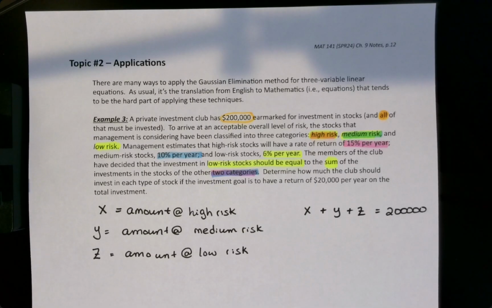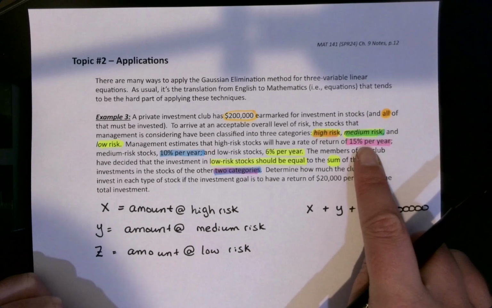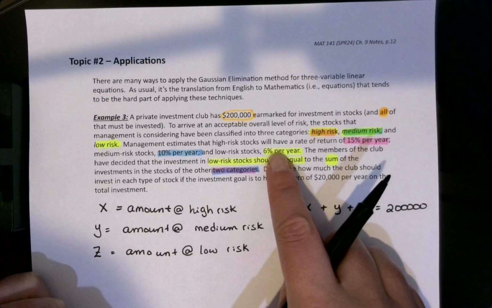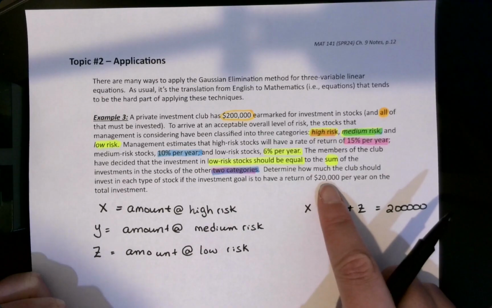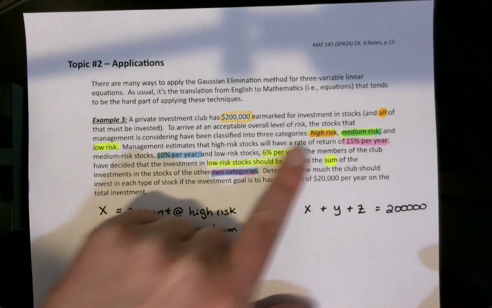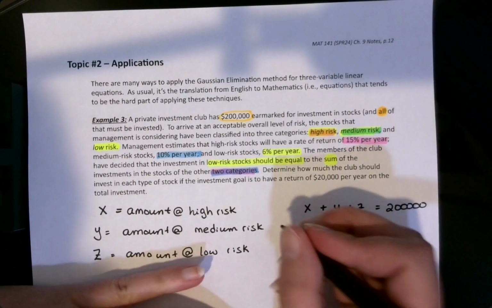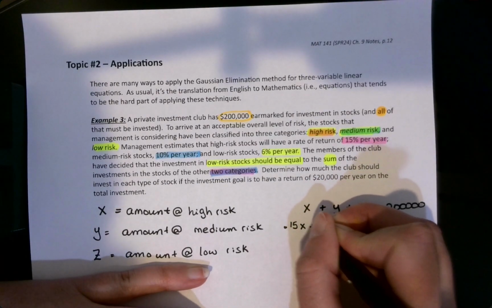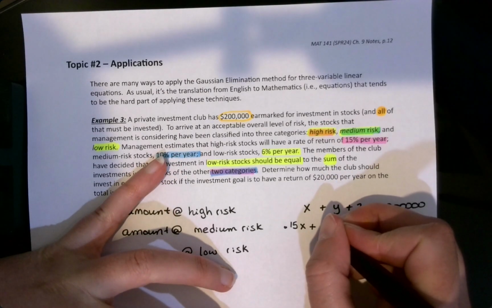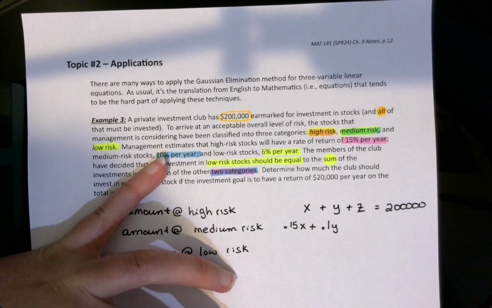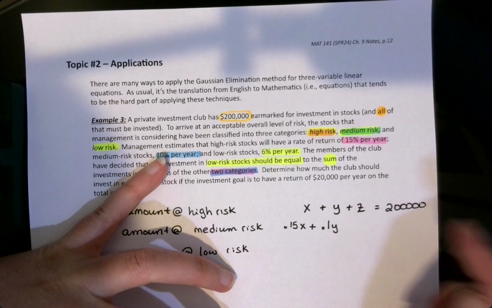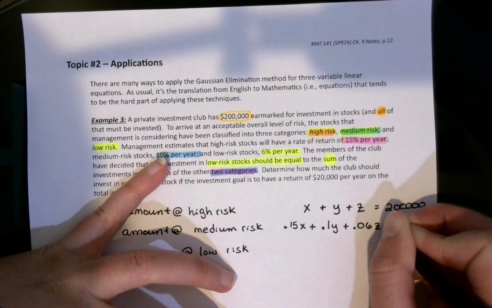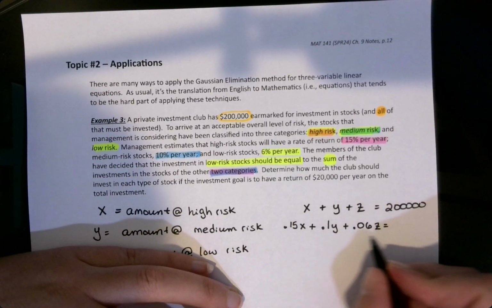As far as the returns, high risk returns 15%, medium risk returns 10%, and low risk returns 6%. The percentage return, if I add up the amounts returned, is going to equal $20,000. So for high risk was 15%, so 0.15 times the amount invested at high risk, plus medium risk was 10%, 0.1 times the Y, the amount at medium risk, plus 6%, 0.06 of the amount invested at low risk would equal the total return, which is going to be